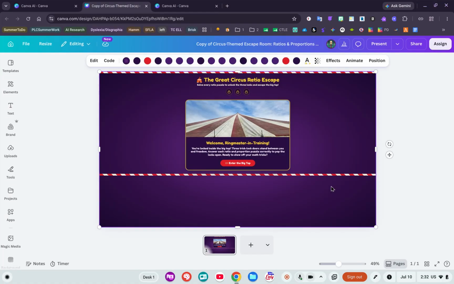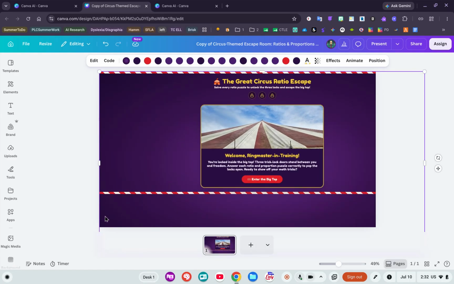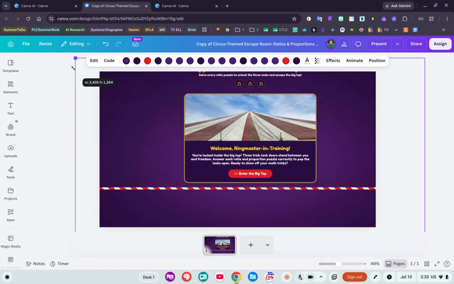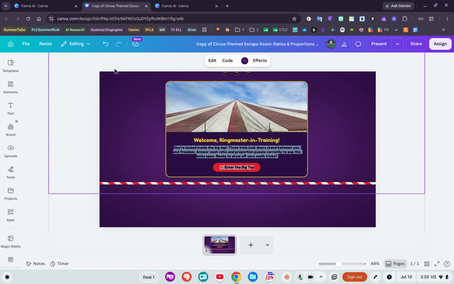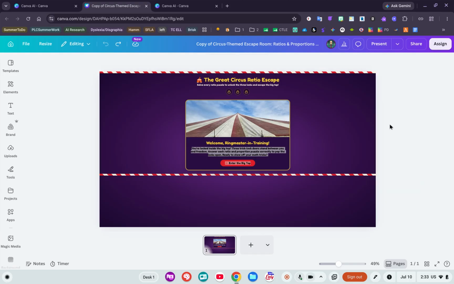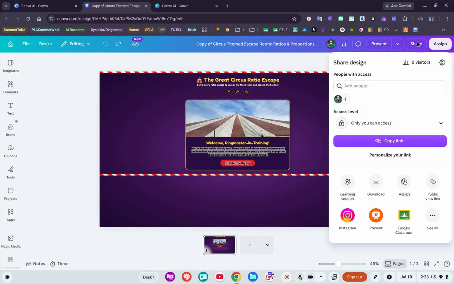And sometimes I have to resize it a little bit just so I like the size of it on the page. So I'll play around with it a little bit and see if, oh, I can't move it around. So I would work on how to play around with that. But the nice thing is that once I have it set up and ready, I can click share,